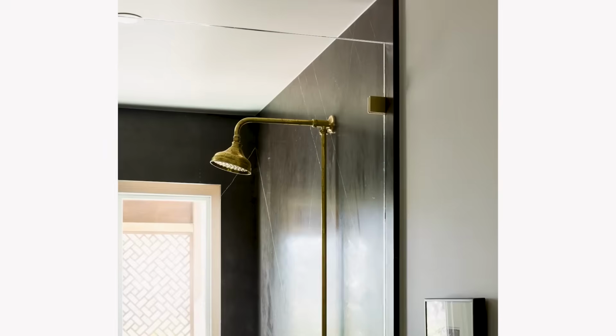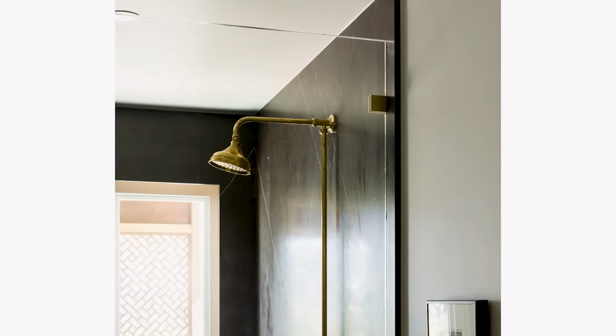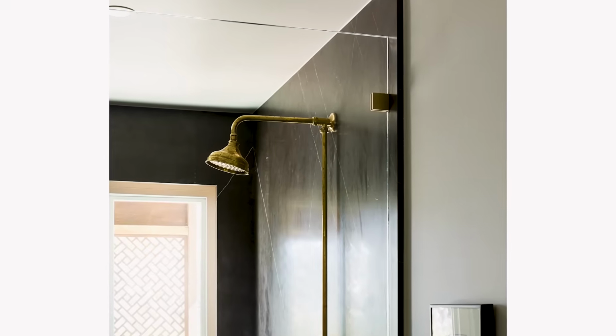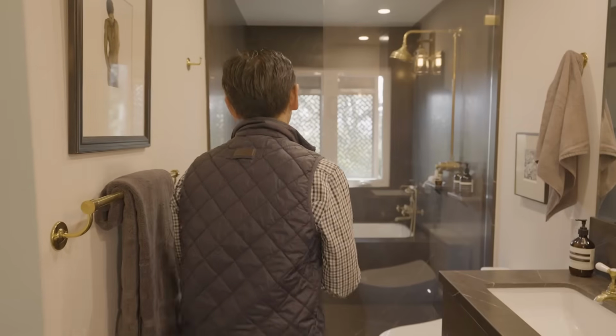This is maybe too much information, but some people take a bath and they dry off. I just want to rinse off because I don't want that soapy water on me. So I love the exposed shower head, also from Waterworks, all from the same collection. But one more thing, check this out. I'm just going to walk to my,